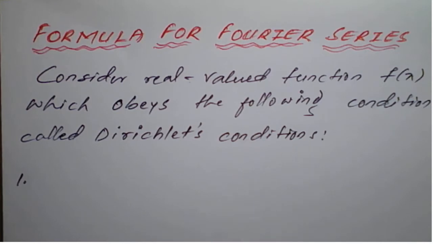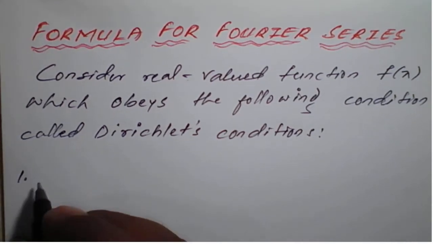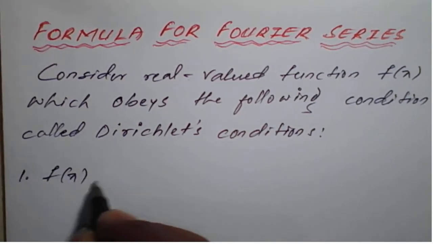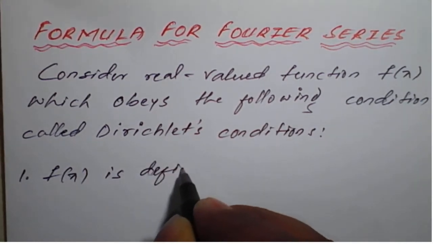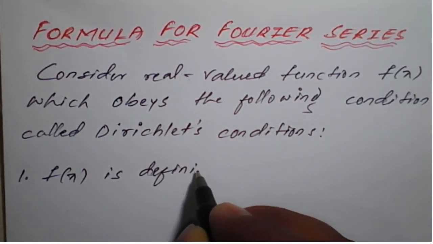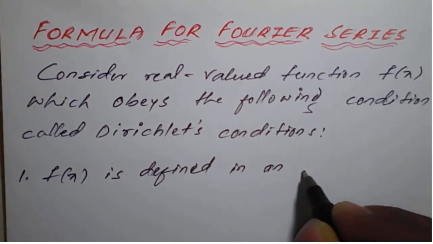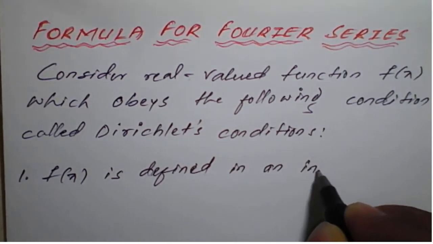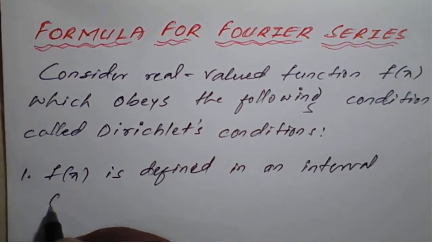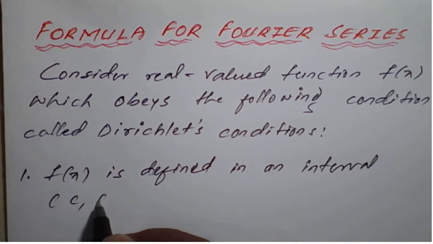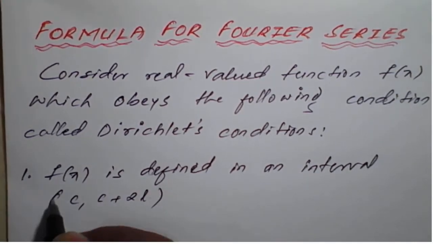So what these conditions are, we'll see now. f of x is defined in an interval, that is c comma c plus 2l,